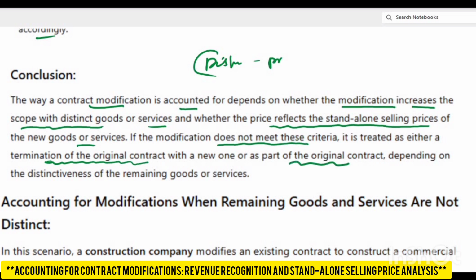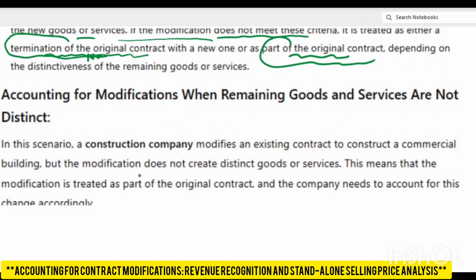So if the remaining goods or services are not distinct, then you will treat it as a part of the original contract. Now if the remaining goods or services are distinct, then you will treat it as a termination of the original contract and creation of a new contract. If the goods or services are distinct and that reflects the stand-alone selling price, then that will be treated as a separate contract. Clear? So accounted, let me zoom in